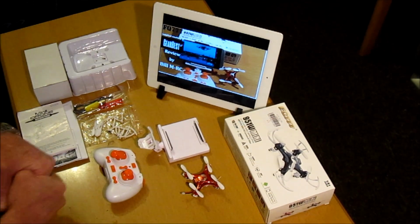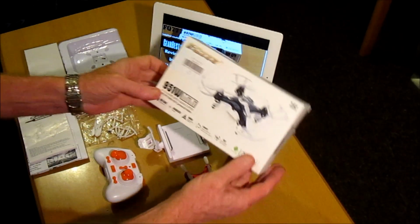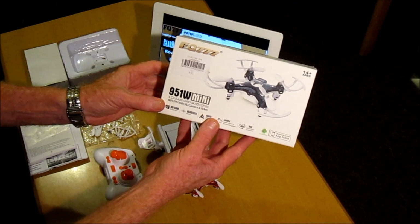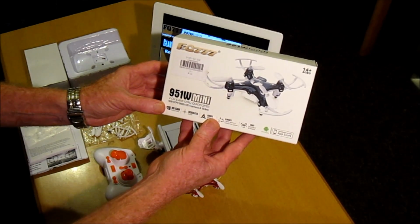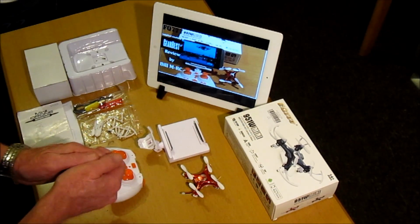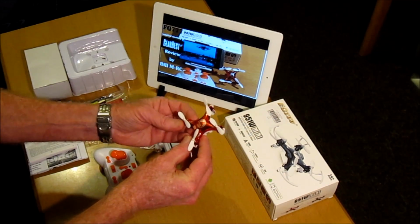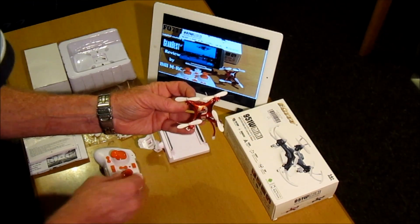Okay, thank you for joining me for this review of a FQ777 951W mini 4-channel 6-axis gyro quadcopter with Wi-Fi FPV and HD camera and video. Now this has been supplied courtesy of Gearbest for review, and although it says it's a mini quad, a lot of people will recognize this size as a nano quad,